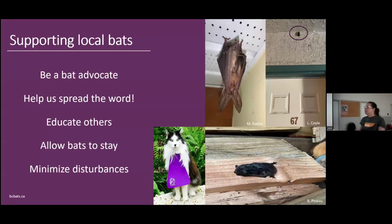So the biggest thing you can do to help your local bats is to advocate for bats. Tell people about the bats in the area. Delta has so many bats in the area. Delta Surrey is full of bats. You're right along the ocean, the river, and lots of farmland. There's so much diversity with the parks and the urban and farmland that we have so many different bats in